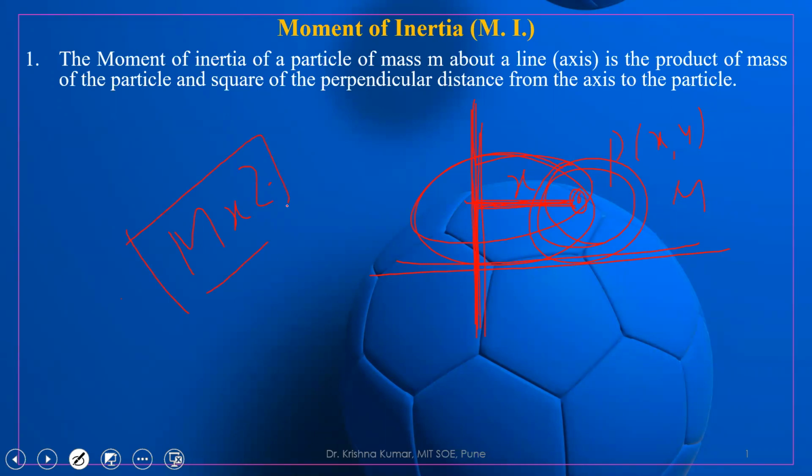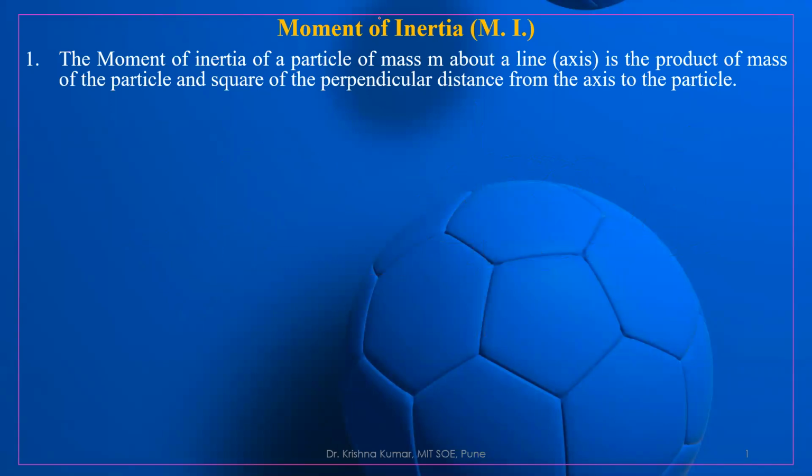I think you have already studied the moment of inertia. Now here we have to find the moment of inertia of a particle in 1 dimension, 2 dimensions and 3 dimensions. Suppose we are given a curve, then how to find its moment of inertia. Suppose we are given an area or plane lamina, then how to find its moment of inertia. And suppose we are given a volume or solid, then how to find it. So we'll look at all these things.